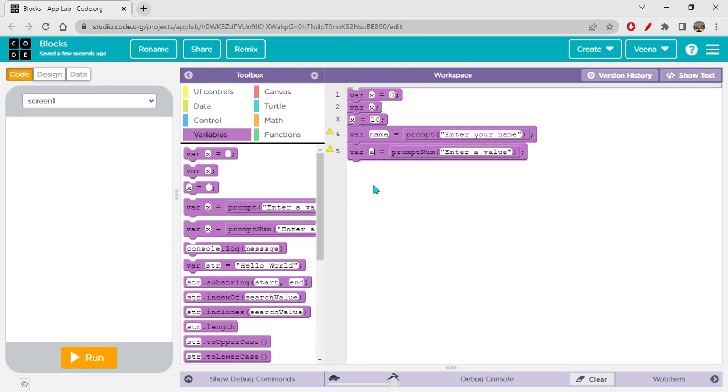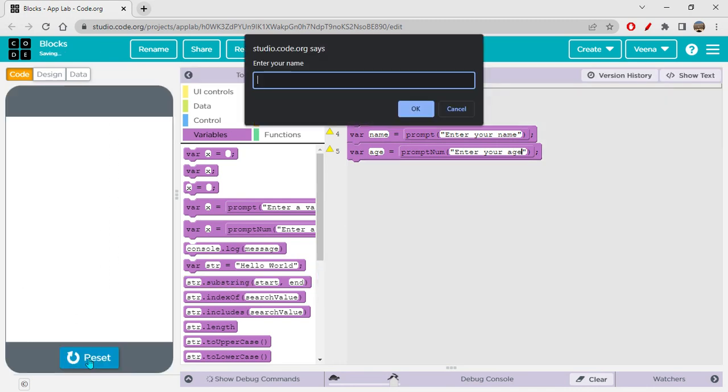Let's suppose now here I will write the age. So that's why I've changed it before. Let's write enter your age. Okay, let's check this. Run. So you can see enter your name, because we first have the enter your name statement. So I'm writing Veena. Now you can see enter your age. If I say E and then OK, for now, yes, you can see that it is asking me again